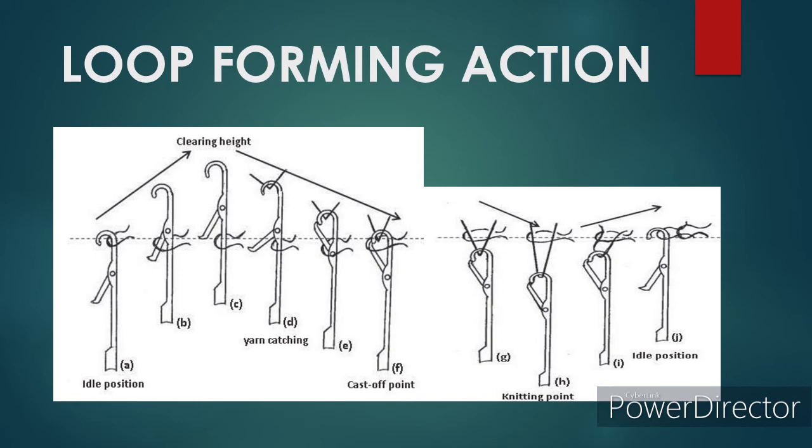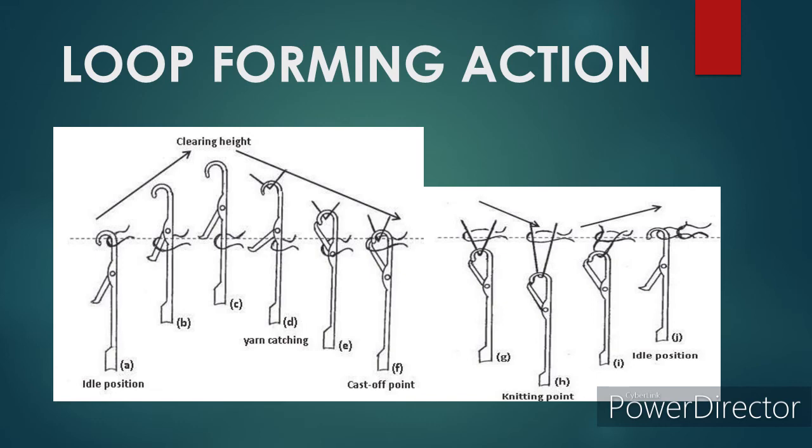Position number 2. Latch opening. In this position, the needle follows the cam profile. The needle is forced to gradually move up by the clearing cam. The old loop, which is held down by the sinker as well as pulled up by the takedown roller, slides inside the hook, comes in contact with the latch and opens the latch.